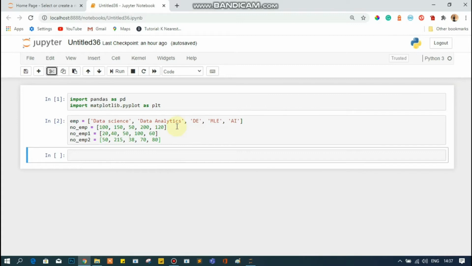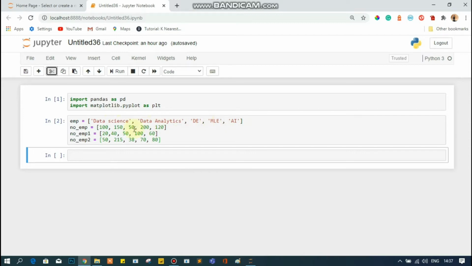So here I am on my Jupyter notebook. I have imported the pandas library and matplotlib, and I have created some data for creating my plot. Here are the kinds of employee: data science, data analytics, data engineer, machine learning engineer, and AI.